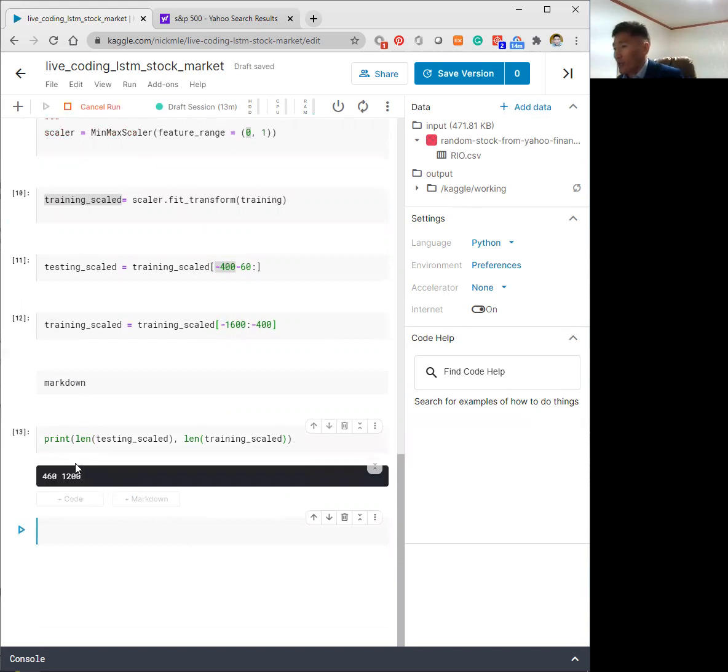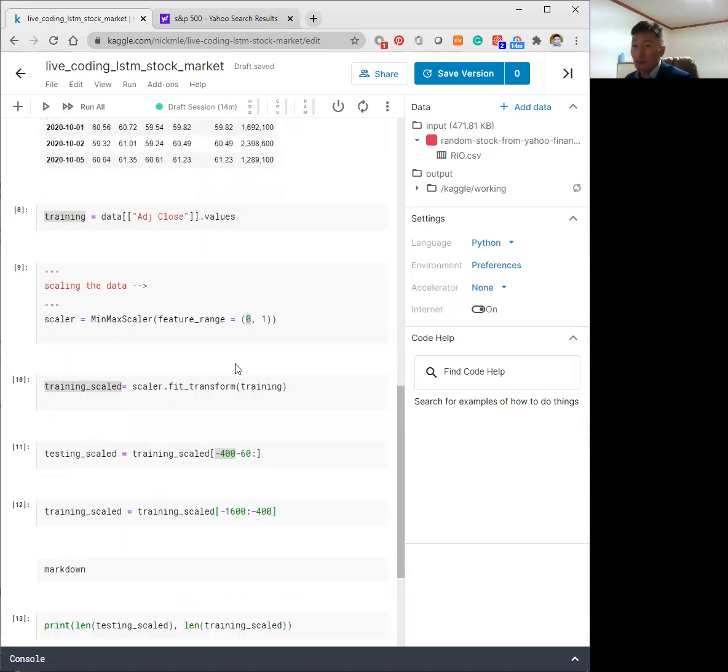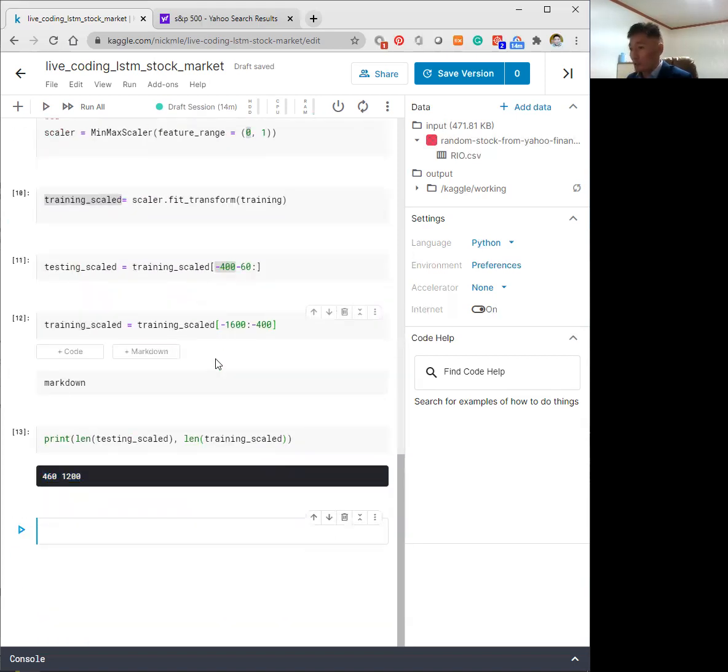So we have 146 and 460 and 1,200 data points that we have collected. Slice it from all the data, like, we are just expecting that only this much data will be useful for our prediction of the next price of the adjusted close on this particular set. So let's go down and